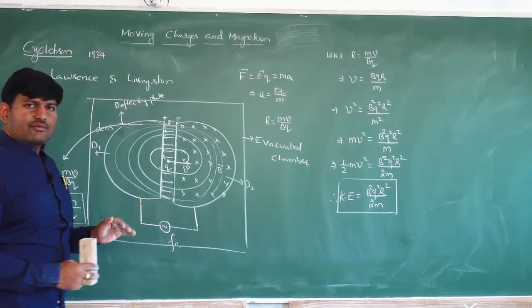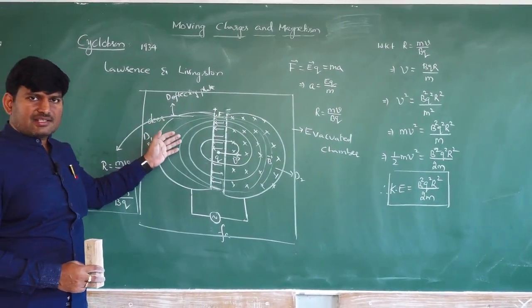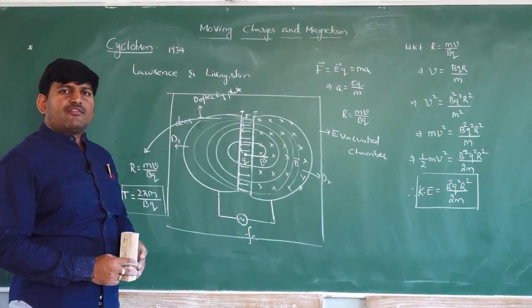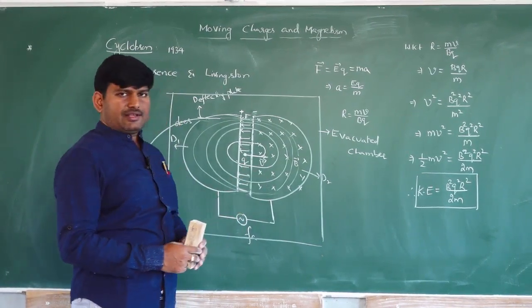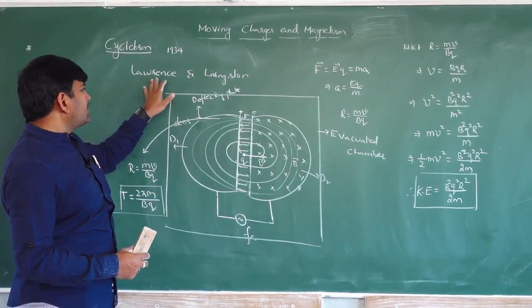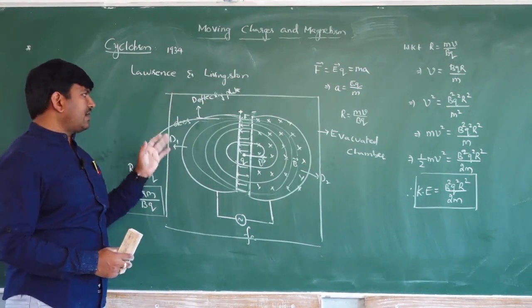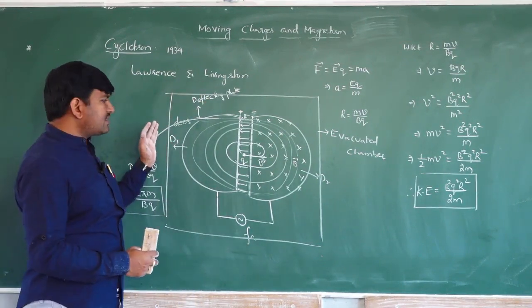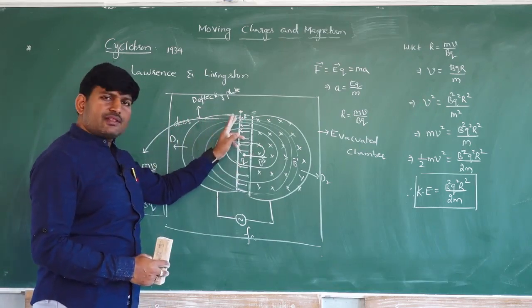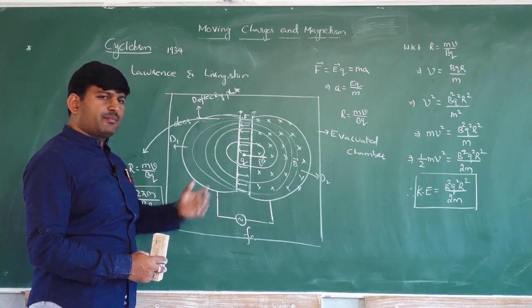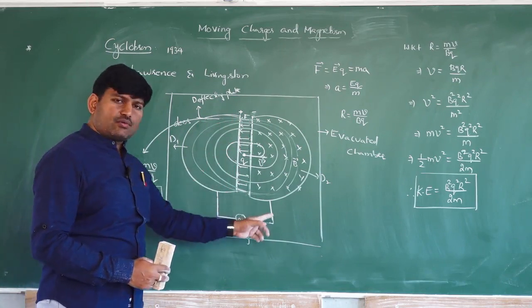Cyclotron is a device which is used to accelerate the charged particles, which will be further useful for bombarding the nucleus in order to study the structure of the nucleus. This was designed by Lawrence and Livingston in the year 1934. The cyclotron consists of two metallic D-shaped structures, and in between the two Ds a small gap will be present, and the two Ds are connected to an